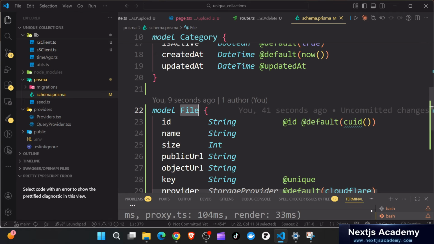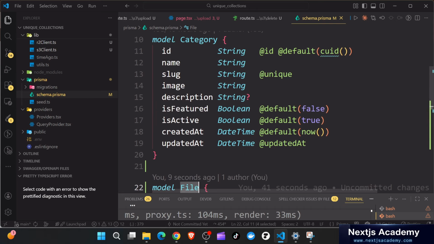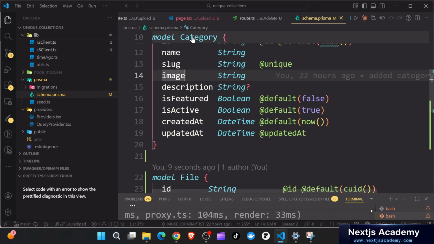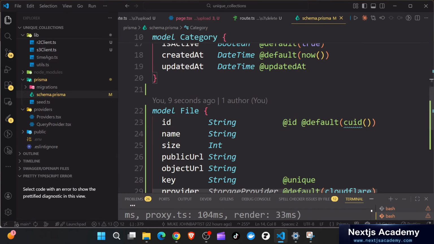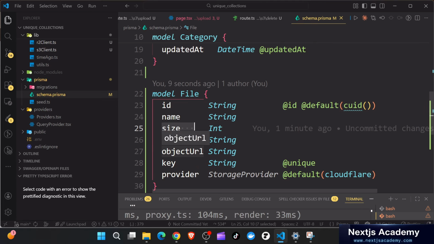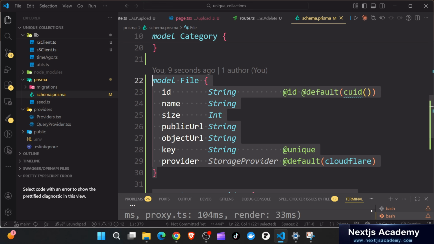You could have category has one or many files, with a category ID, but I don't want it to be dependent. I can just create it when it is independent. It has no problem,